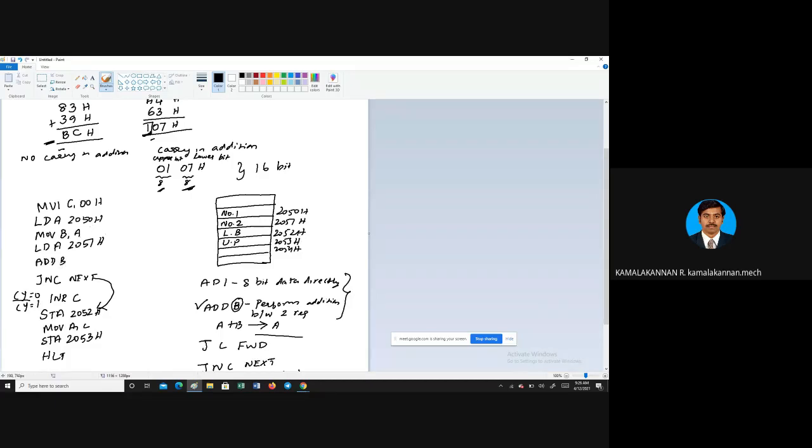So once you add, if we have no carry, it will directly go to the 2052. It will store the lower bit and upper bit, and you will have an output. If it contains carry 1, there will be an increment in the C register. 00 becomes 01 and that carry will be stored there and it will be displayed and the program is ended. So this is how the program will run for addition of 2 8-bit hexadecimal numbers.